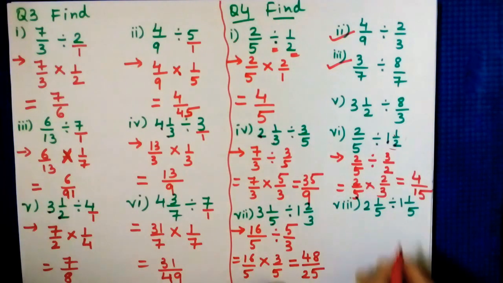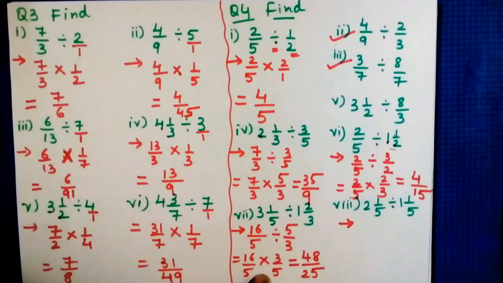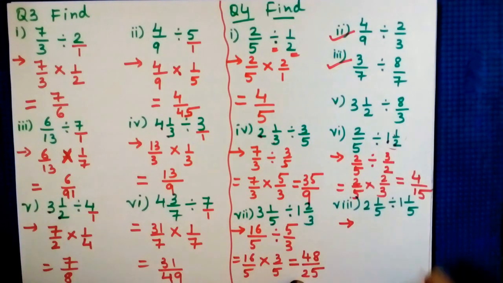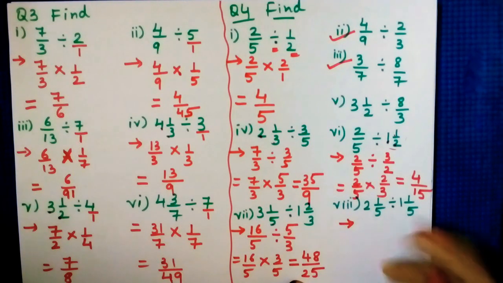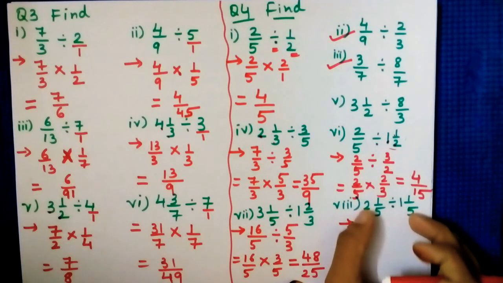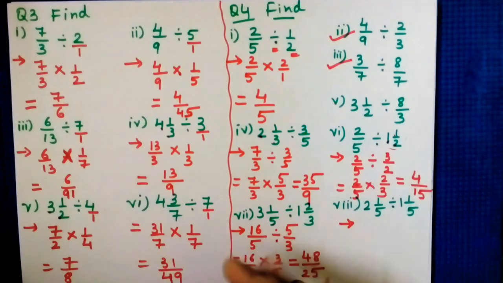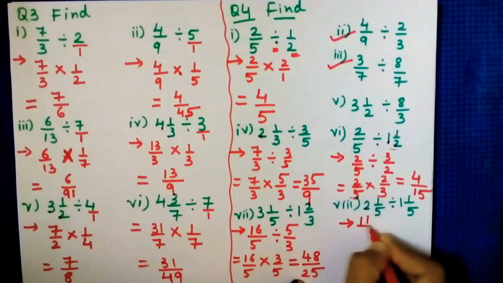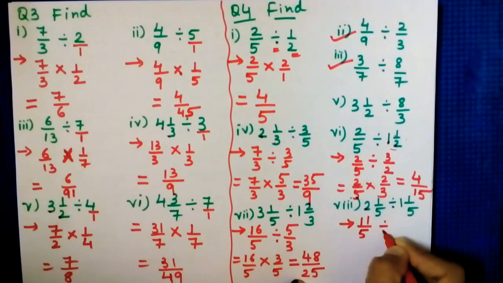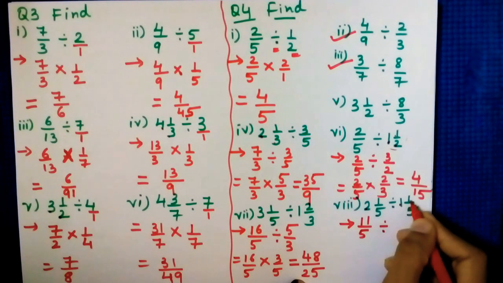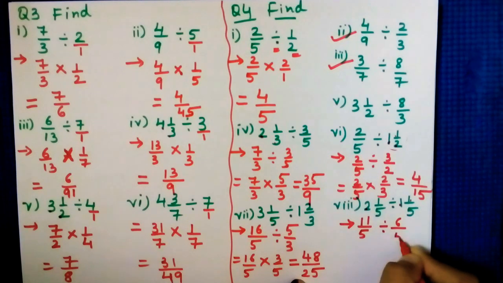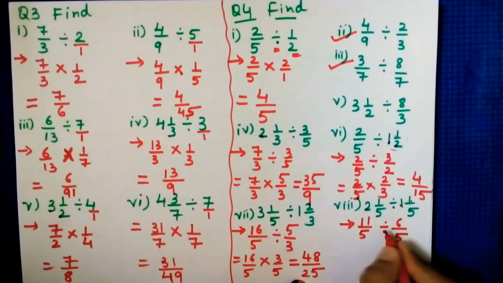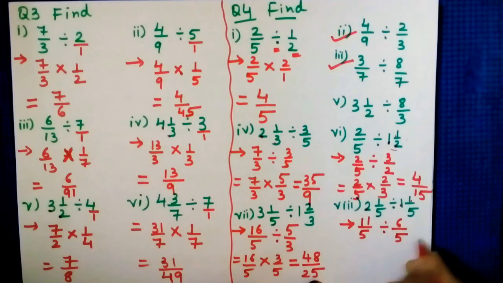Now moving ahead with this last sum, which is same as 7th one. These both are same, but I'll show you. It is 2 integer 1/5. Now again both side improper fraction is given. Again first we will convert. So 5 2s are 10 plus 1, 11/5. Divide by, here 5 ones are 5 plus 1, so 6/5. So we have converted both. Now in next step we will change the sign and we will take the reciprocal.